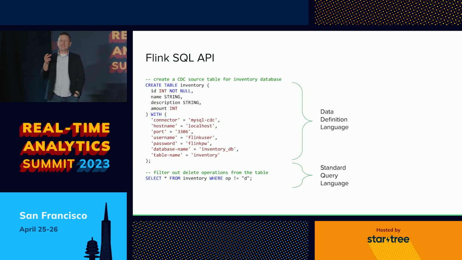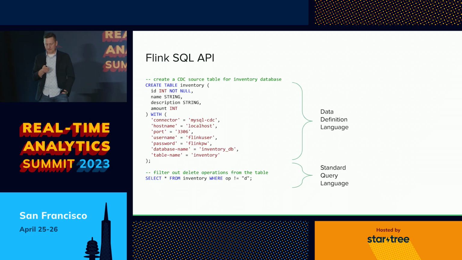So again, this is the statement create table. It's not actually going to create a table in a MySQL database, for example. You're really declaring a connector with appropriate configuration to point to some physical table. And I think that warrants a call out because create table is not really what it's doing. It's really just configuring a connector. But once you get that out of the way, you can use all those tables that you've created using DDL to query those tables using very familiar SQL, right? So select star from inventory where op doesn't equal D. That should make sense to almost everyone, right?